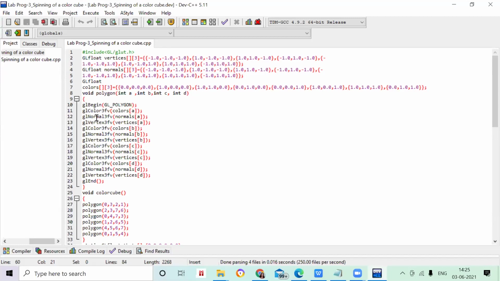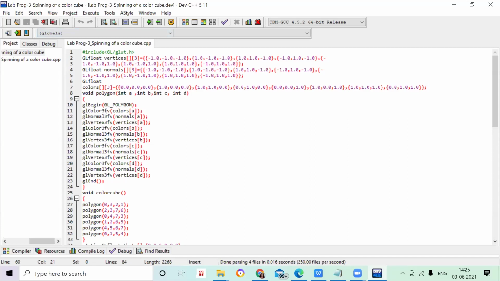Now you can see the normal. What is it? This is a new primitive type for you all. So what is the meaning of this GL normal 3fv? This normal I already explained in my last class. Normal will always give you the perpendicular lines. It means that whatever vertex point I am generating, it will be normal to the plane. So it will create the 90-degree. So in my polygon I want a cube, so cube will have the 90-degree. So that's the reason I have used normals for all the vertices.